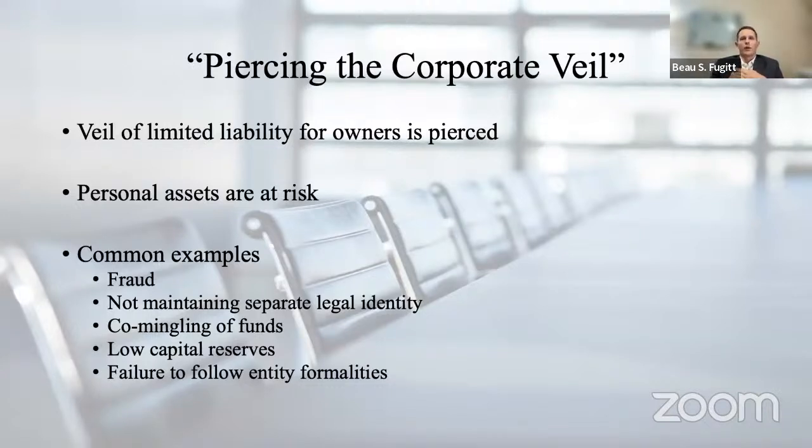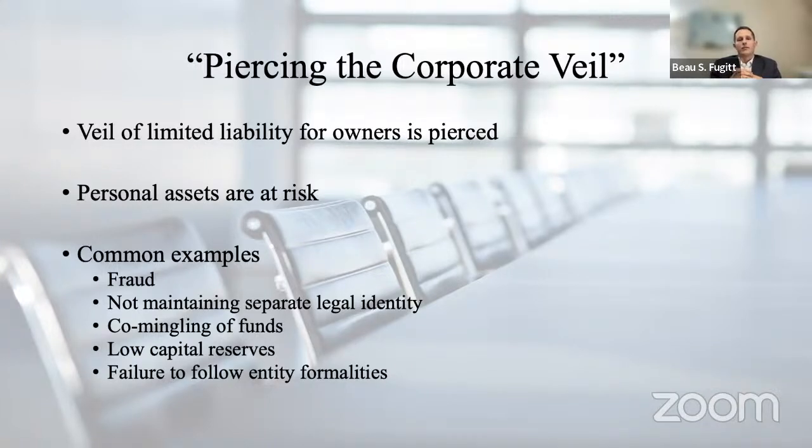You see that fairly often, where people do not keep good books, they don't keep good records, and they start taking that rent revenue and using that to pay some other expense, whether it's a personal expense or an expense for another entity or whatever the case may be. So having good books is very important. The other reason that a court might pierce the corporate veil is having low capital reserves. If the court decided that the owner of that entity was intentionally underfunding the business to avoid paying creditors, then they might pierce the corporate veil for that.